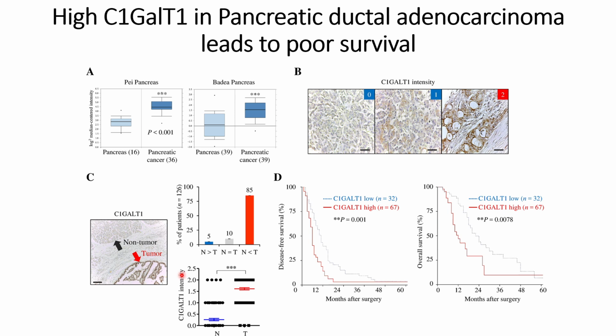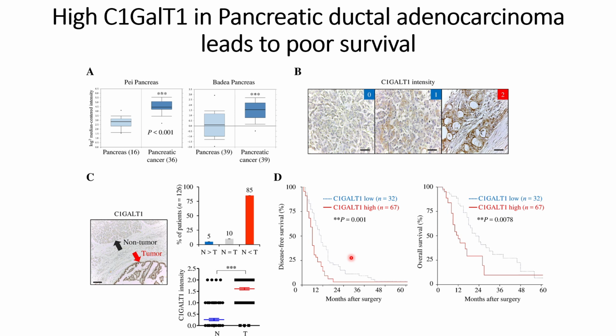In order to check its relationship with the survival rate, they took data from 99 patient samples from the Taiwan National Hospital, and they are able to see that the patients that have a low survival rate have high C1GalT1 expressions. Around 67 out of 99 patients have high C1GalT1 expressions and lower survival rates, whereas the patients that have a high survival rate have low C1GalT1 expressions.